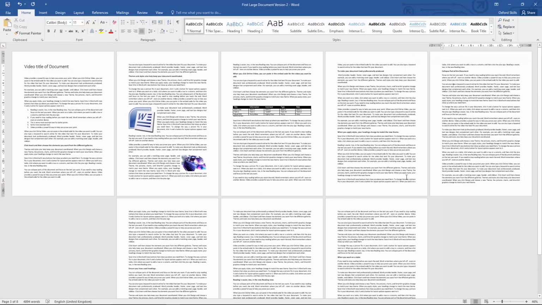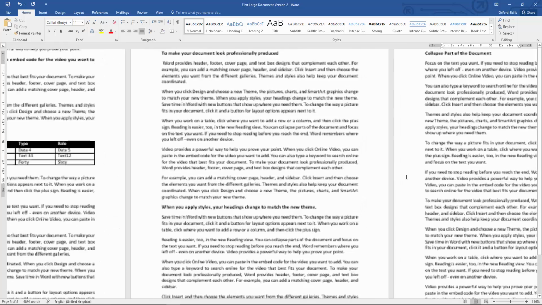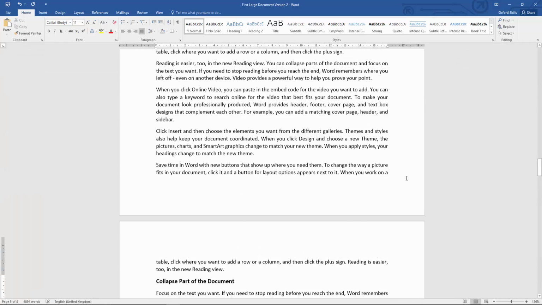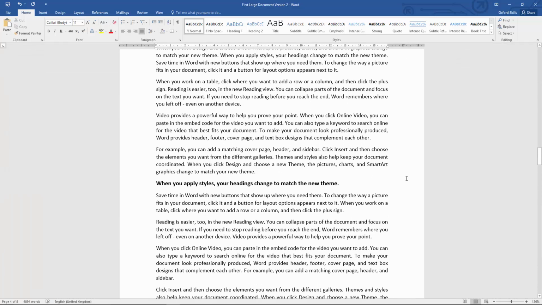I can zoom further out so you can see a bit more. Zoom right in. You can see how it makes the text look a bit more readable and something that you'd expect to see in a longer document. Now this is fine,